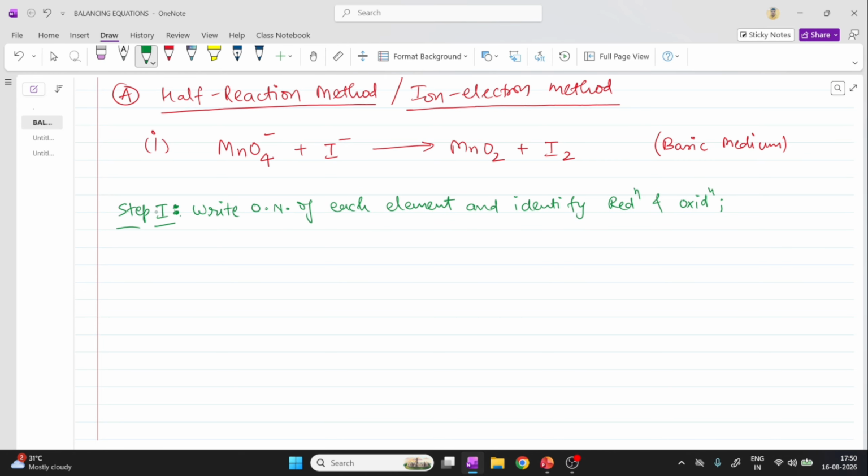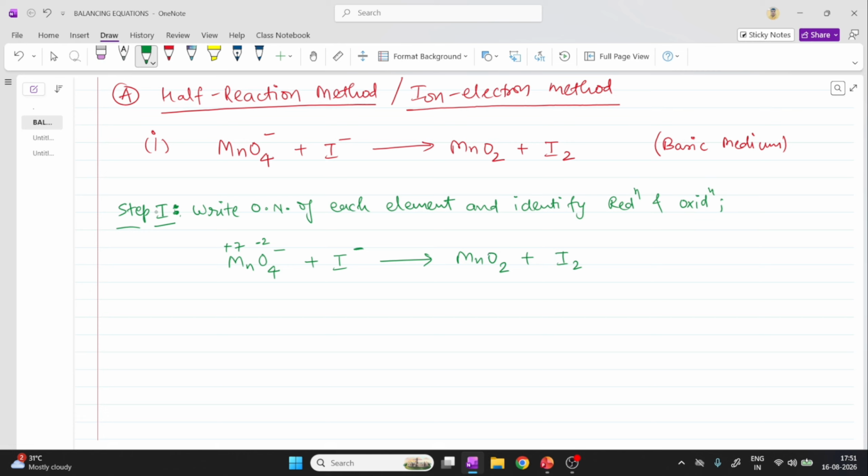So let us write this equation first. I'm writing this equation again: MnO4 minus plus I minus gives MnO2 plus I2. Now first find the oxidation number. In this case, oxygen is 4 twos are 8, and minus 8 is equal to minus 1, so the charge on Mn is going to be plus 7 and oxygen is of course minus 2. Iodine is by itself, so when the charge is mentioned, that becomes the oxidation state. So iodine is present in minus 1.